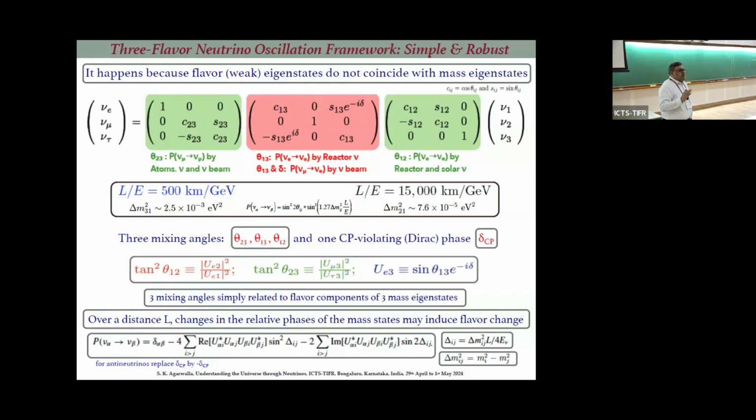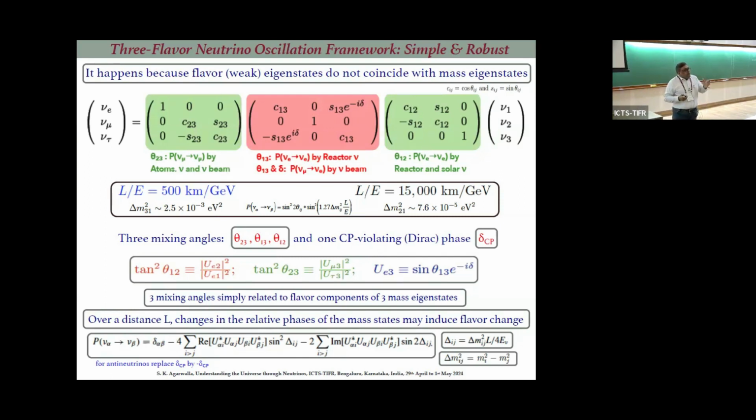Clear? Another thing, the issue of neutrino mass ordering, I will come to that, for which you need Earth's matter effect in terrestrial experiments. If this theta 1,3 would have been 0, there is no way you can feel Earth's matter effect. That means there is no way you can discriminate between normal ordering and inverted ordering in long baseline or atmospheric neutrino experiments. So this mixing angle plays a very important role.